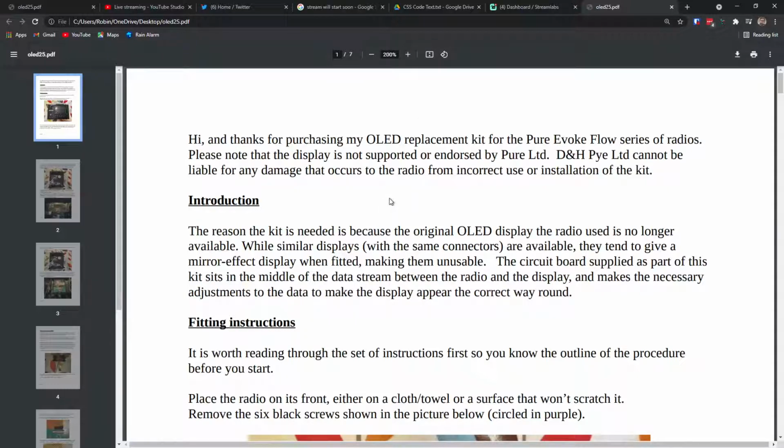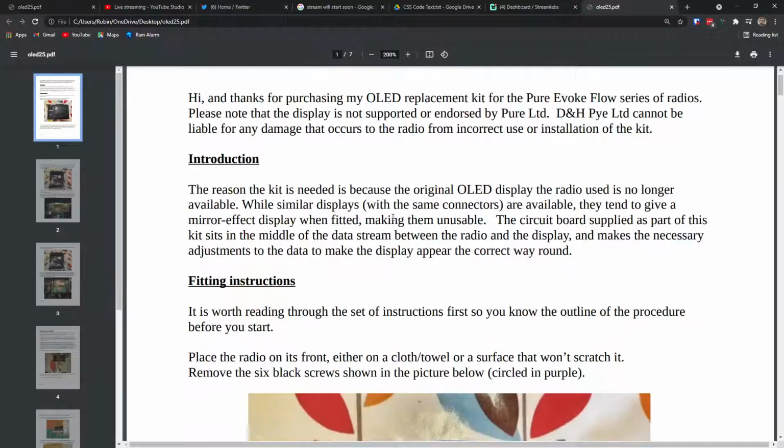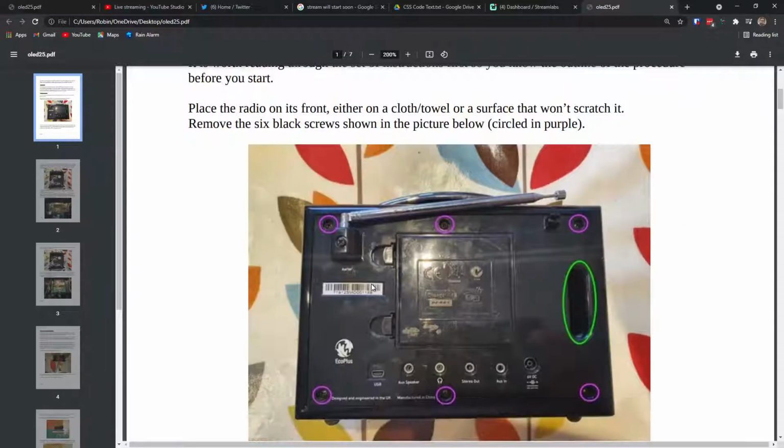So he's saying, hi, thanks for purchasing the LED replacement kit, which is what I've got here. Note that the display is not supported or endorsed by Pure Limited. D&H Pye Limited cannot be liable for any damage that occurs to the radio from incorrect use of or installation of the kit. So the kit is needed because the original LED display on the radio is no longer available. You can't buy a replacement part for that one. While similar displays, obviously with the same connectors, are available, they tend to give a mirror effect display when fitted, making them unusable. So the circuit board supplied as part of this kit sits in the middle of the data stream between the radio and the display, and makes the necessary adjustments to the data to make the display appear the correct way round. So as we go through the fitting process, we've already undone the 6 screws,